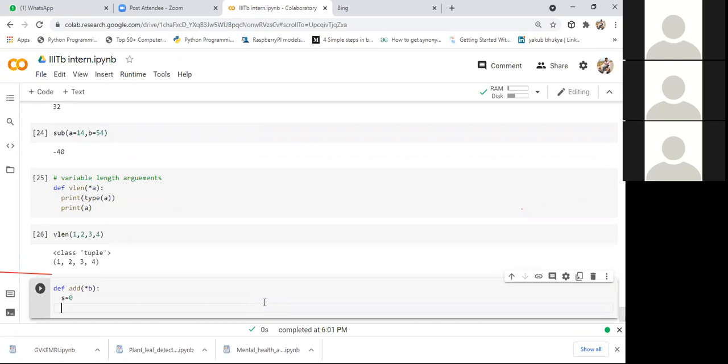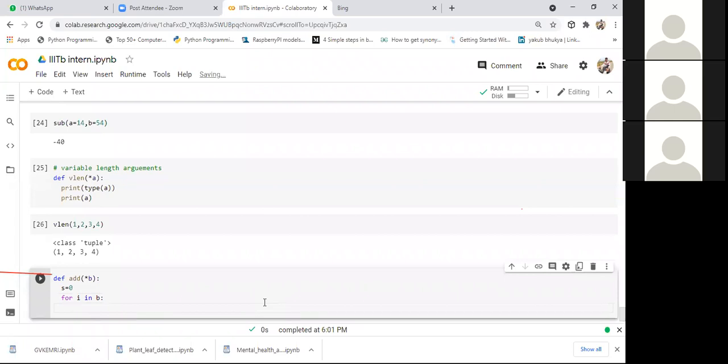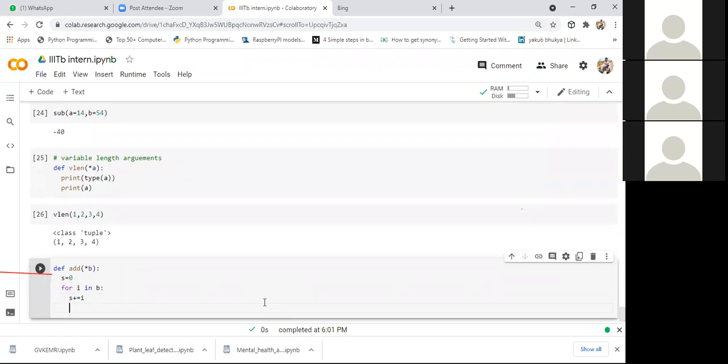As you're already familiar with how to iterate through a tuple and a list, now I want to iterate through this tuple. We are storing this tuple in B, that's why I need to iterate through B. So I'm saying for i in B. After that, I want to perform some operation. So here I need to say sum plus equals i. After executing this entire portion, finally I want to return sum as the output. Whatever result is present in sum, I want to return that. So that's my function definition.